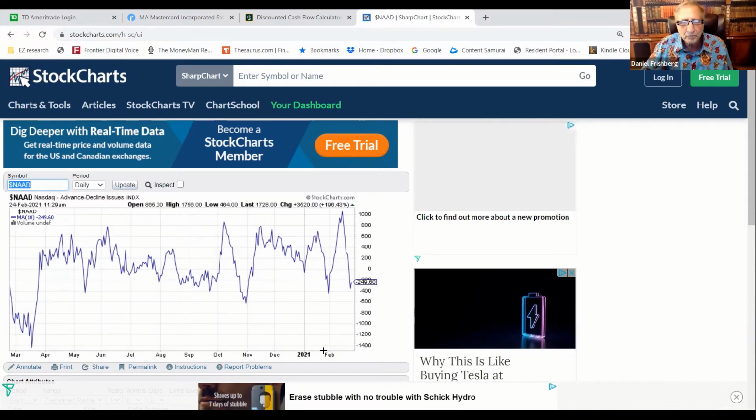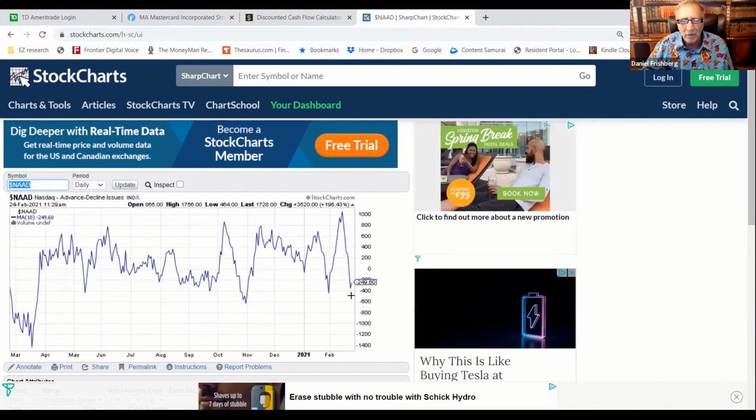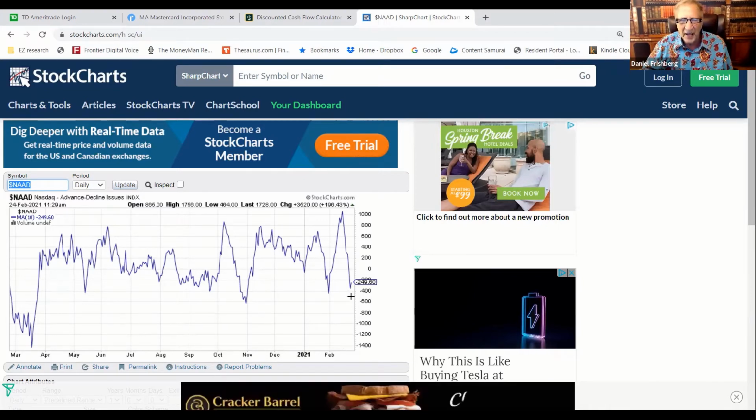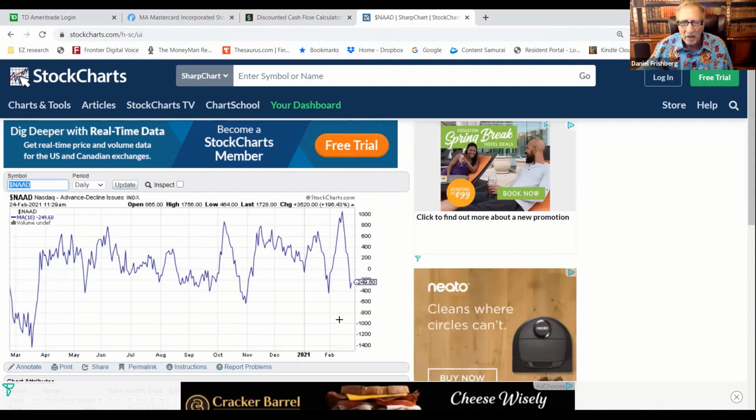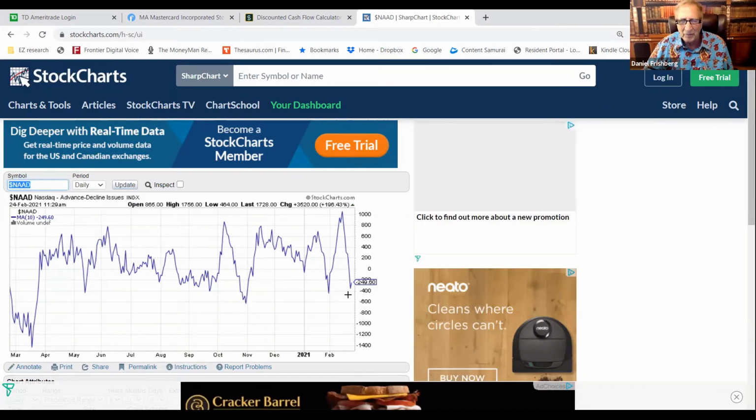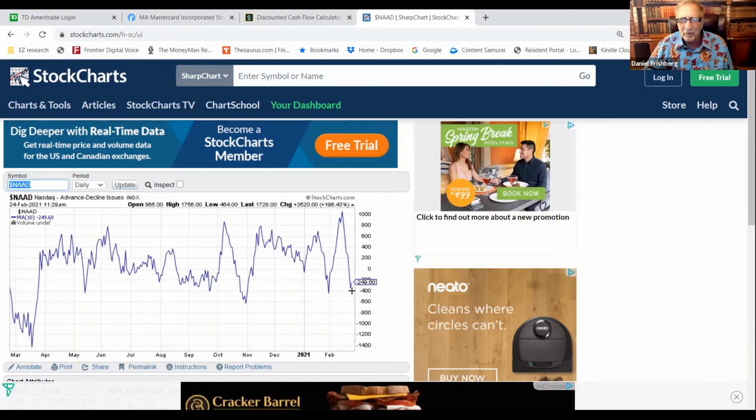So I want to show you how we made this. Well, as you can see, we're getting very close to another good entry point here. And I don't know if today is the day or if it will rally a little bit or be comfortable and then come back down a little bit more. But we are going to, you see what happened back here in late February. It never really just hits that spot. It always may bounce around a little bit on that spot. So I can't really tell.